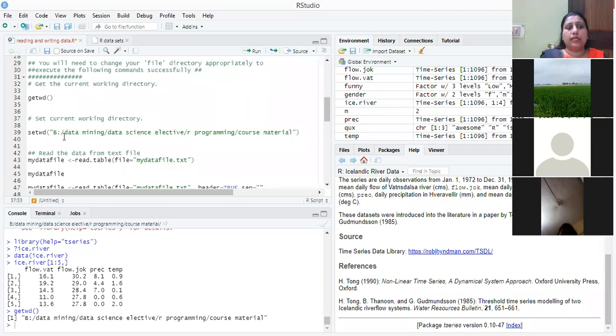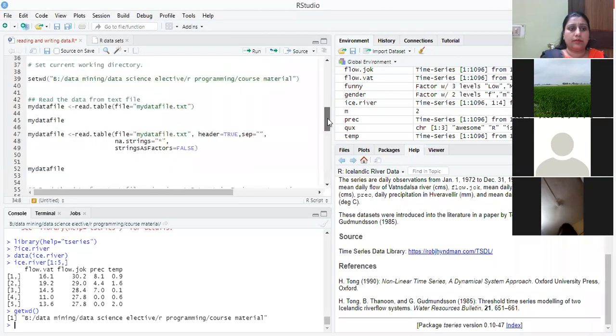Always remember, to set a working directory path, you just use the backslash. Don't use the forward slash. If you take the forward slash for separation, the path will not be set. Always use the backslash to set the path. setwd is used to set the path. And suppose we already have this working directory, if some other directory is there, we have to set a path where the data set is present.